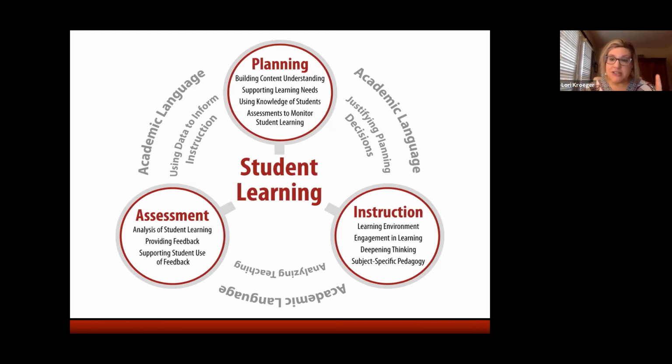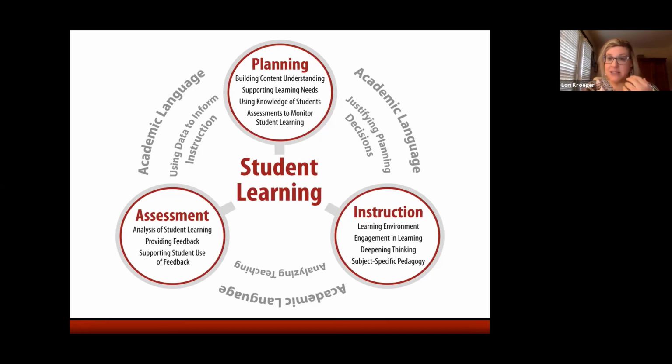Task 2, the instruction task, is their enacted teaching. In this task, candidates provide video evidence and reflection on the learning environment, the ways in which they have engaged their students in learning, how they use questioning to deepen student learning, and the subject-specific pedagogical strategies they've used when delivering instruction.